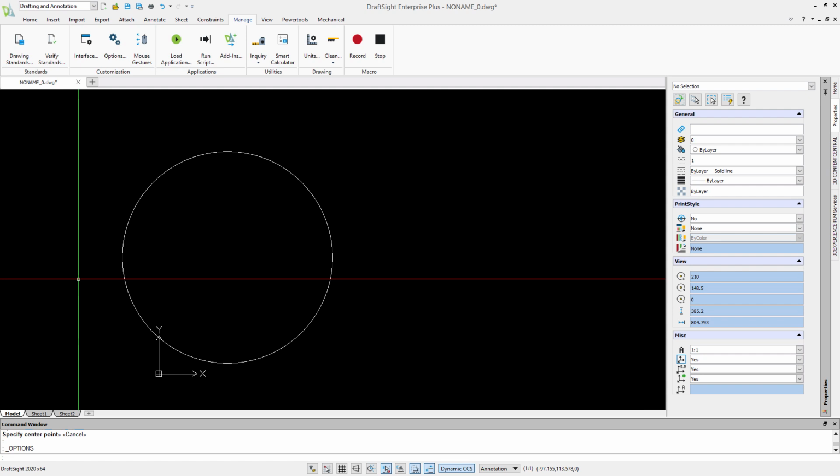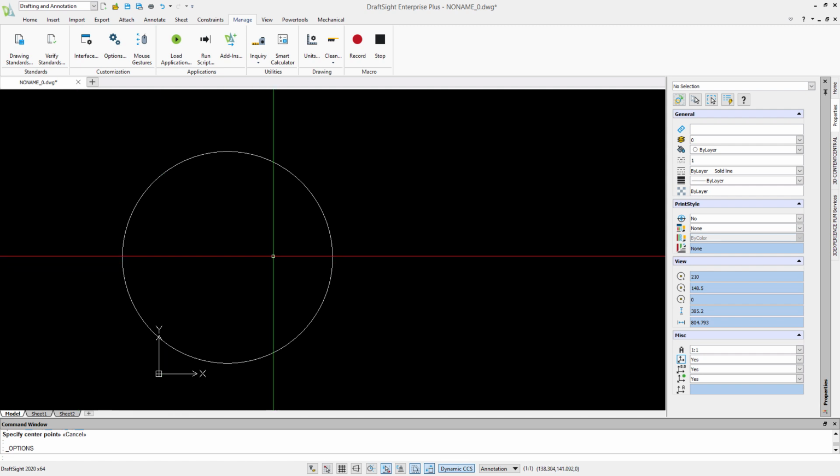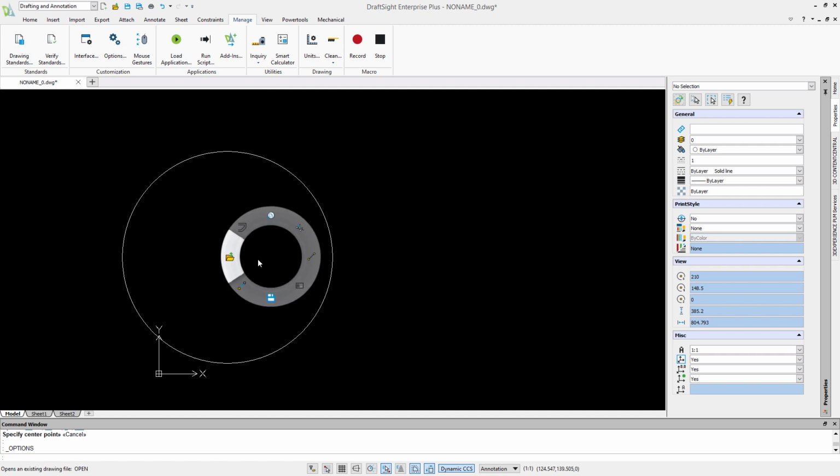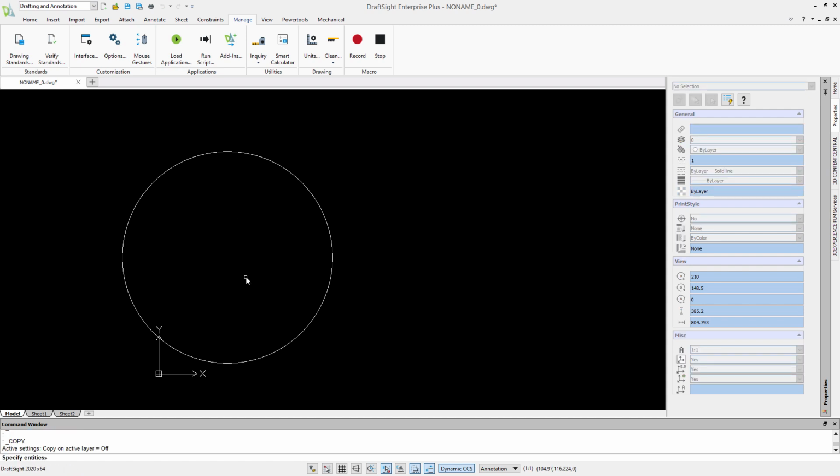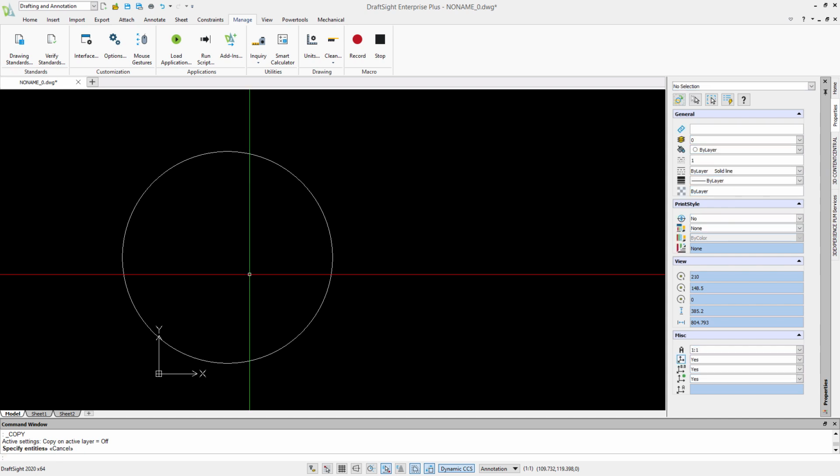The last thing that we're going to introduce here, which may be a bit newer to some users, is a thing called mouse gestures. These are available by using the right mouse button. So what you have to do is actually drag with the right mouse button, not just right click. So it's a click and drag. And if we do that, what it's going to do is highlight a wheel of commands. It could be 4 commands or it can be 8. And generally they're going to be commands that you use almost all the time, so you almost don't think about them. So we can go and select whichever option we like.